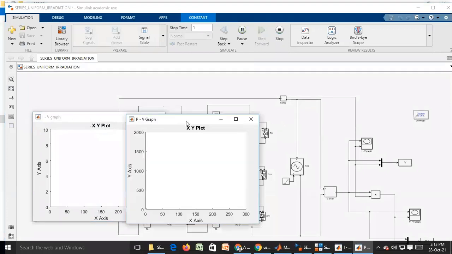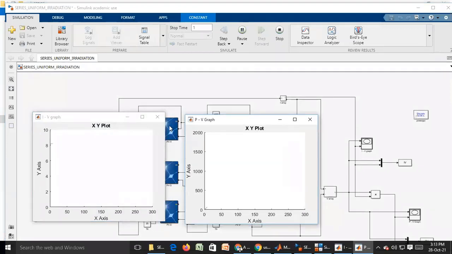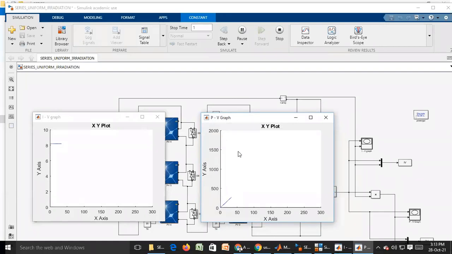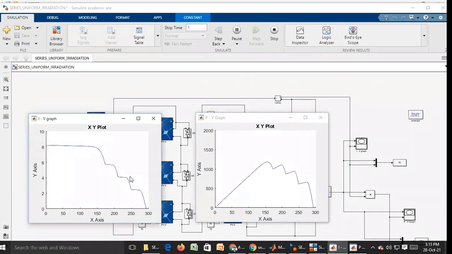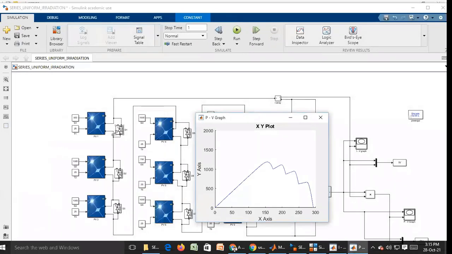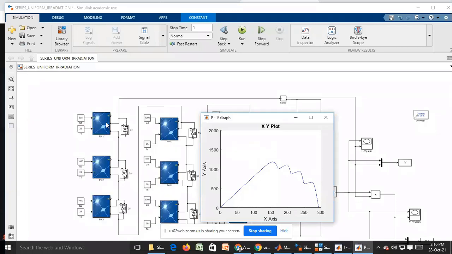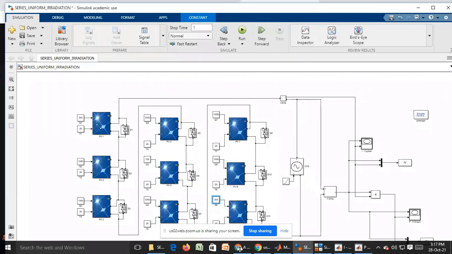Now it won't be uniform. It is a shading condition I have created. Just the irradiance level I have changed on 3 panels: the first panel, maybe the 5th panel and the 9th panel. Fine, no? So when we change to diagonal shading condition, we can ensure that, among 9 modules, 3 modules we have taken small changes of values, diagonal values we have taken. So then what happened?